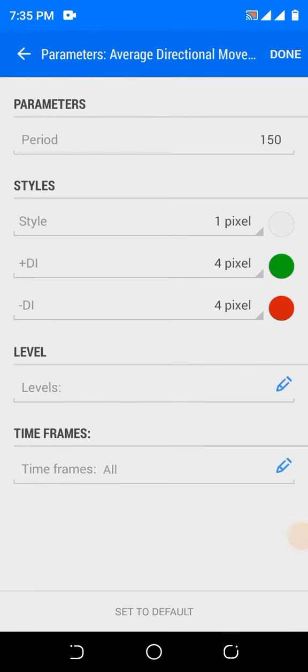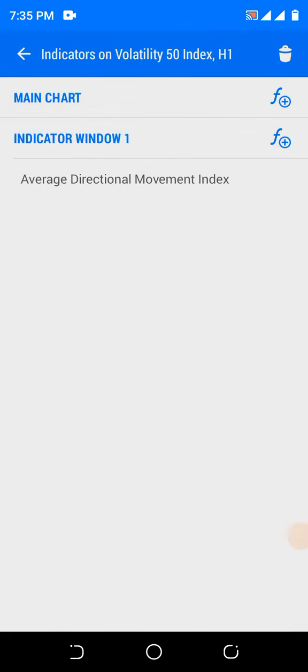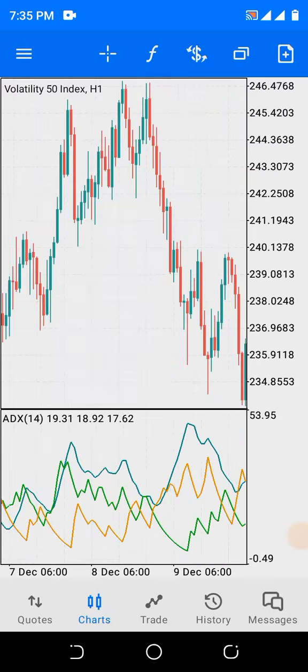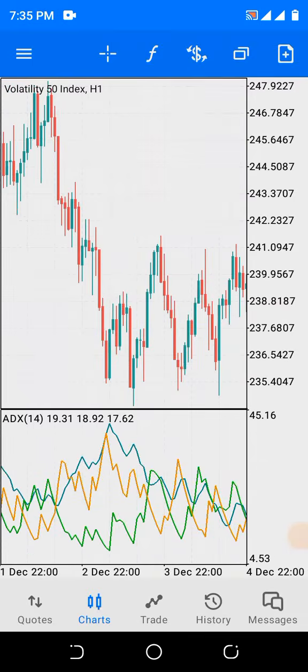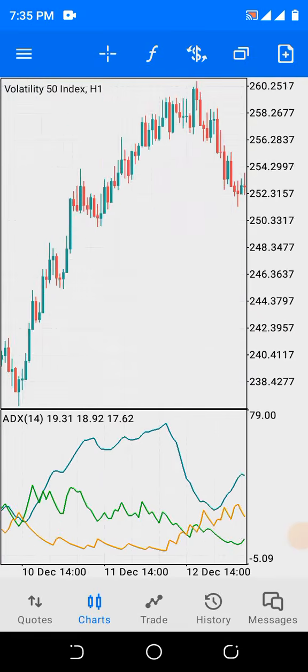So you click on it. Now this is the default setting for average directional movement index. On your own screen, these are the default settings, but as you can see, this is not what we want.